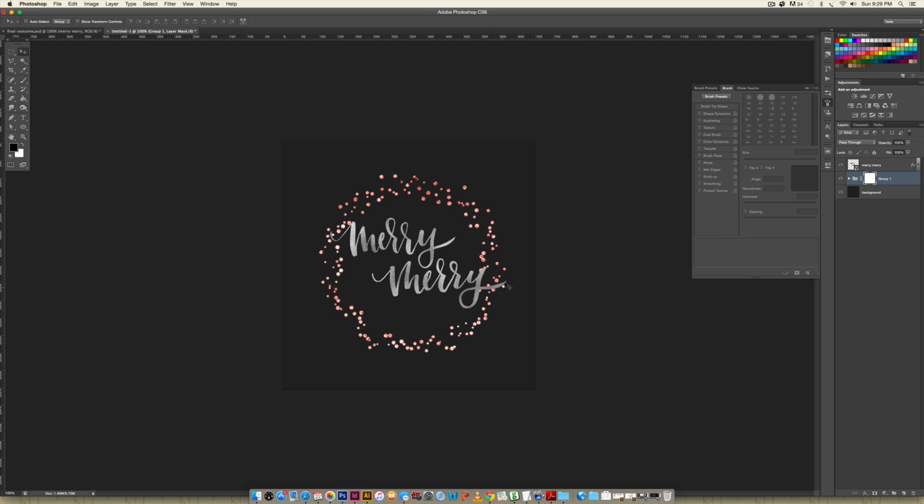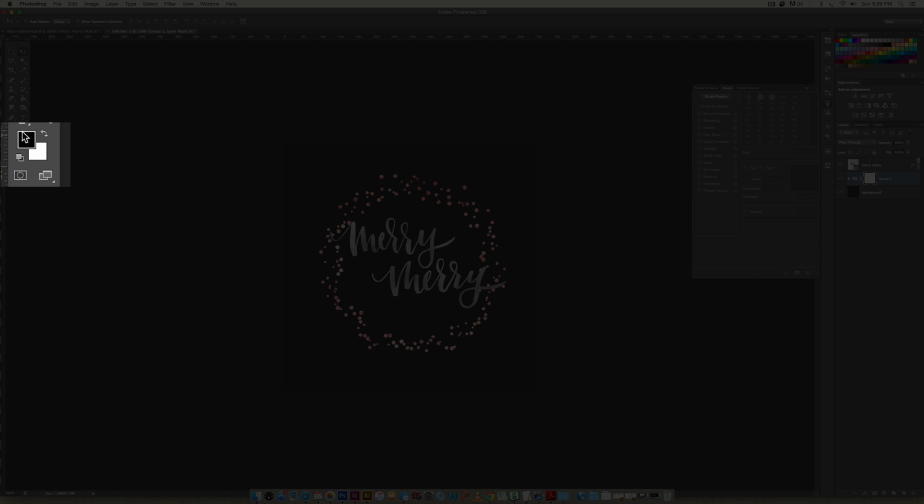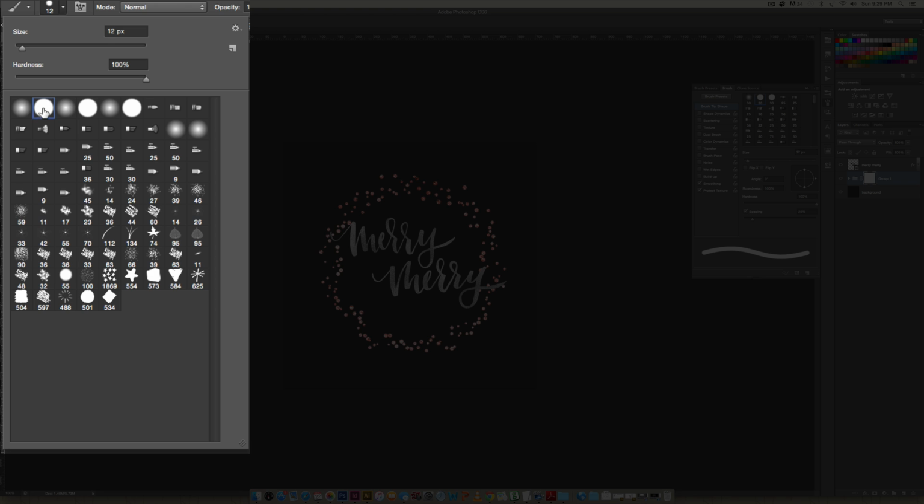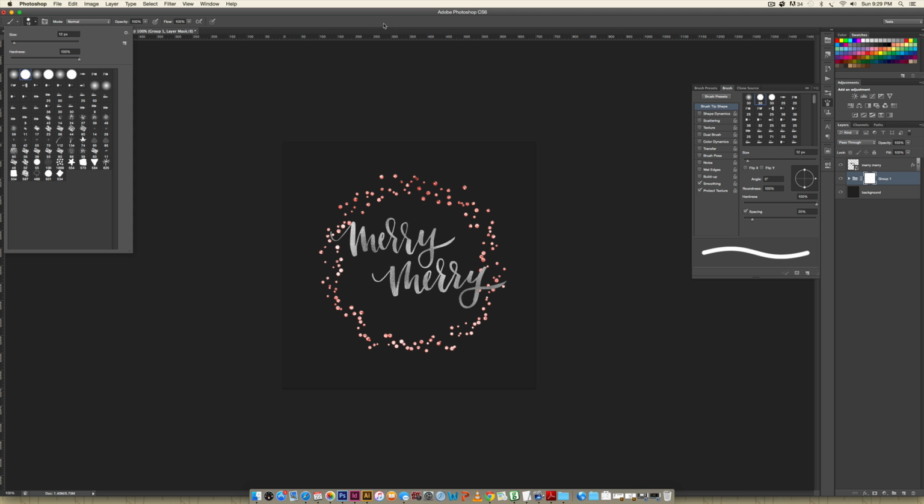And we want to get rid of some of these berries, so black is going to be concealing. So you just want to make sure black is on top over here. Hit B on your keyboard. Choose this hard round brush. If you don't choose this again, it's going to do the scatter brush, and you don't want that